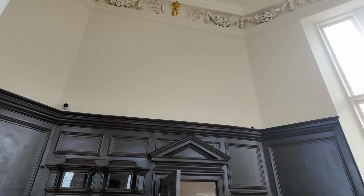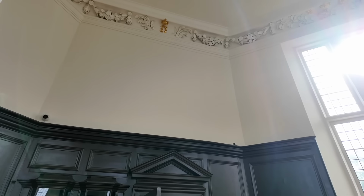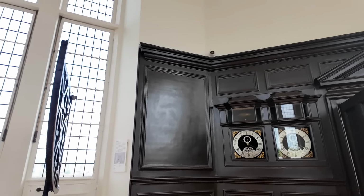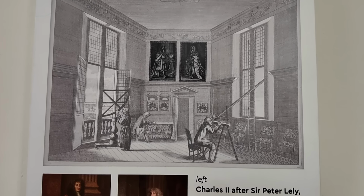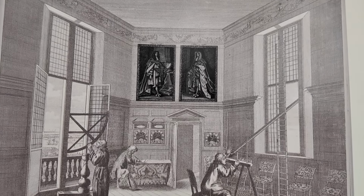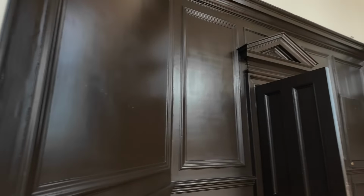Now, right above the door here, 2 royal portraits by Peter Lely used to hang, that of Charles II and his brother James II, but sadly the humidity in this room cannot be controlled enough to allow them to remain here. In the same drawing, which shows us the setup of the room, you can see these 2 portraits, and they would have just been above the doorway. However, we can see a reference to Charles here. Let's have a look way up